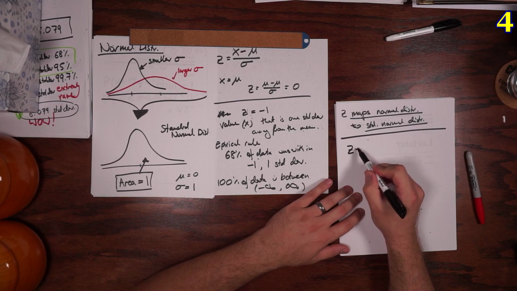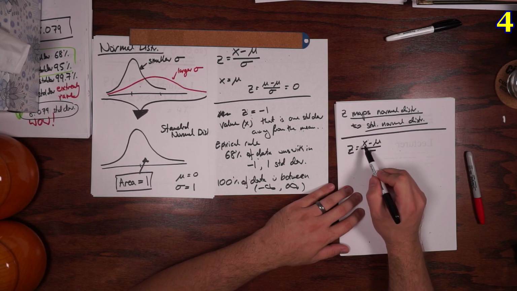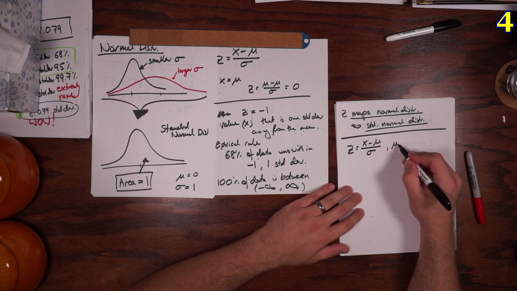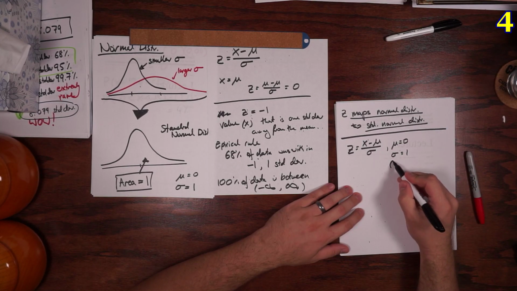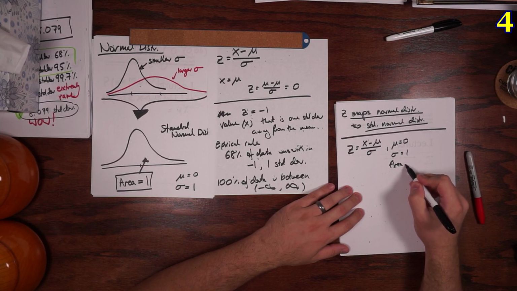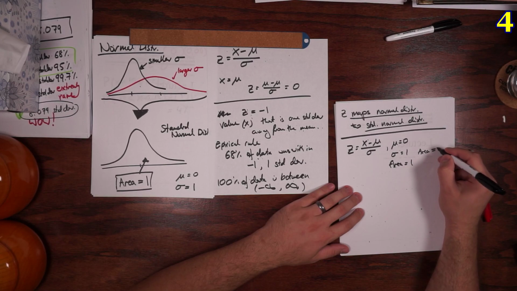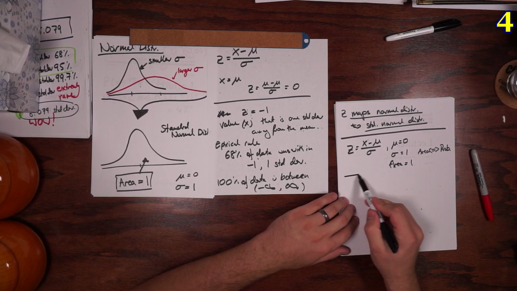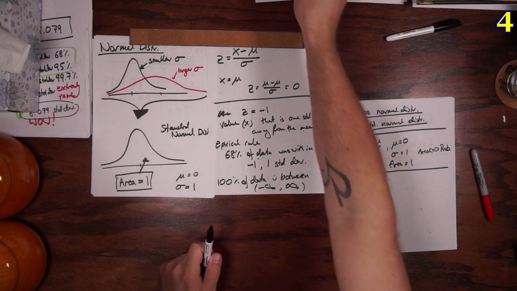So z-score is x minus mu divided by sigma, and again important, x minus mu, not mu minus x. Mu equal to 0, standard deviation equal to 1, area equal to 1, and thus the greatest thing is area is probability. All right, so